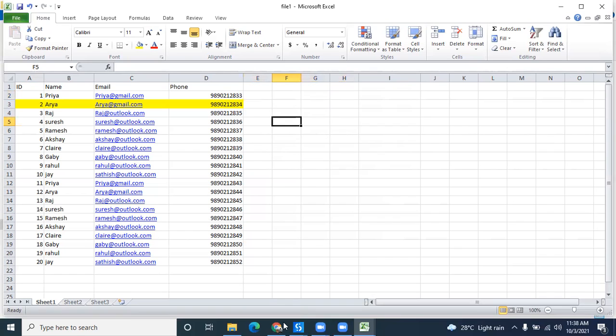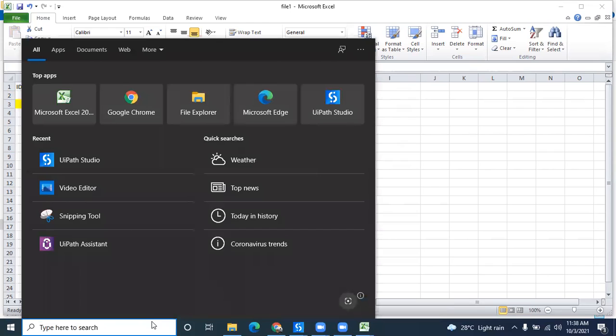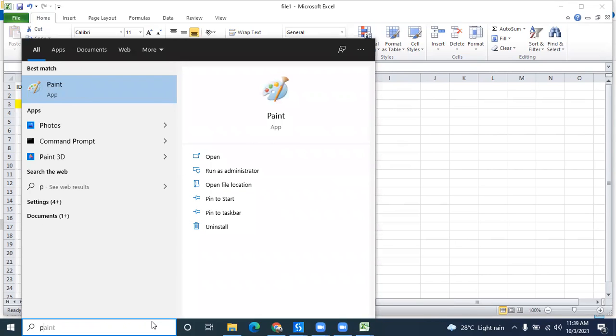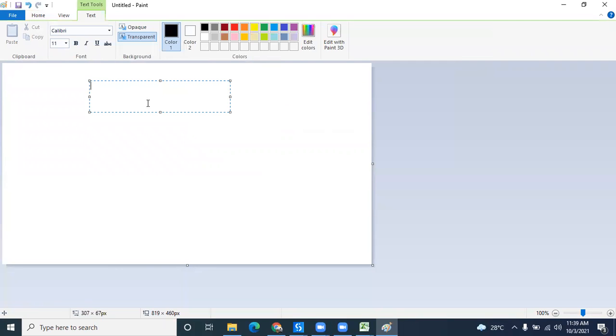First thing, I should read all these 3 Excel files. Let me open one PPT. Okay, PPT is not available. Paint. So what we should do first: read all Excel files.